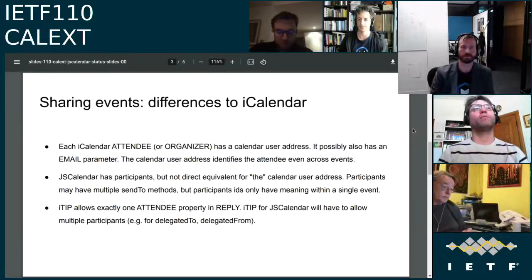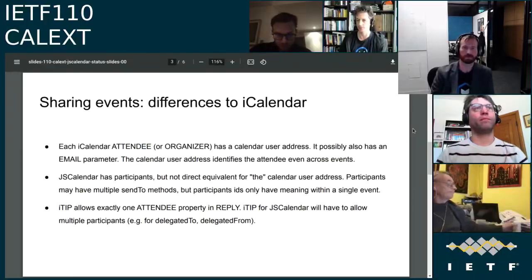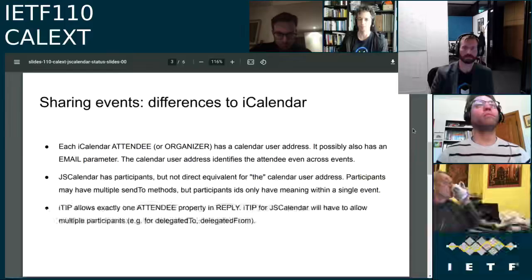In JS Calendar, a participant can have multiple methods to reach that participant for scheduling requests, whereas in iCalendar you have one calendar user address, which is the value of the property, and then optionally an email parameter that Apple introduced a while ago, because they are using calendar user addresses that are not usable for IMAP internally.